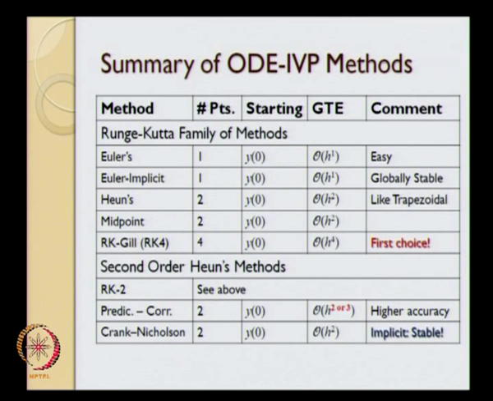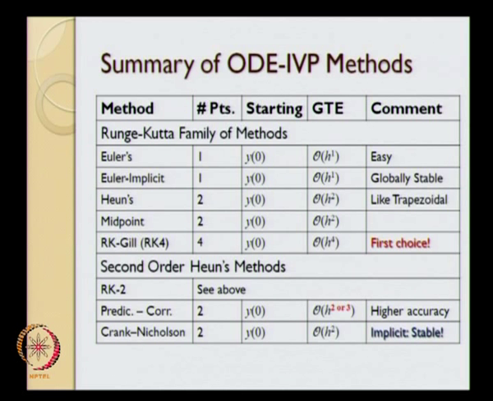If you know a priori that the system is very stiff, in that case go ahead and use implicit methods, but if stiffness is not an issue, then you can go ahead and use the RK4 method as your first choice. A lot of RK4 methods are now available. If you go to netlib, NETLIB, that stands for network library, netlib.org, you will have a lot of ODE solver techniques that you will be able to download for Fortran.